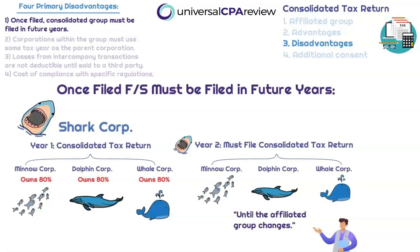So the first disadvantage would be once we have elected to file a consolidated tax return, we have to file it again for all future years. Right? This isn't something that we can decide one day. We're going to file a consolidated tax return for all of our subsidiaries. Right? Maybe it's cheaper to do that. Maybe we don't have to pay our tax practitioner as much money to file our tax return for all of